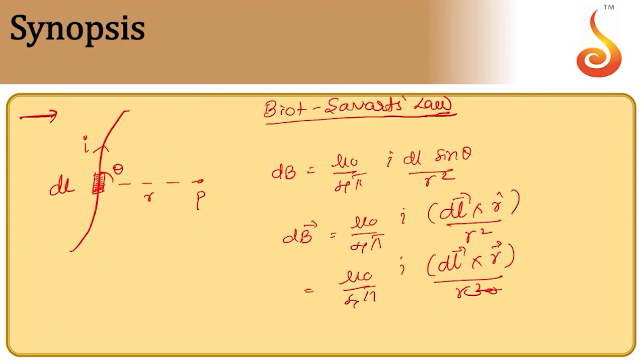So, the magnetic field is given by this expression, the strength is given by this expression, and very clearly the magnetic field is a cross product. That means if you curl your first 4 fingers of the right hand from the first vector towards the second vector, that means from the direction of dl towards the direction of r, you get the direction of the magnetic field produced by it. There are various applications of this simple concept.